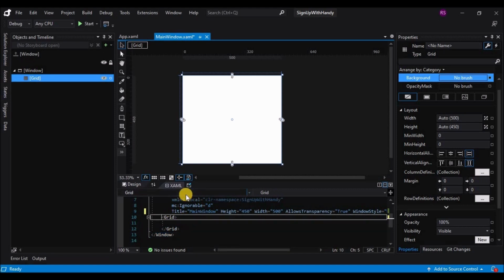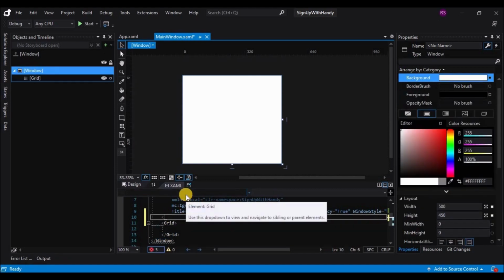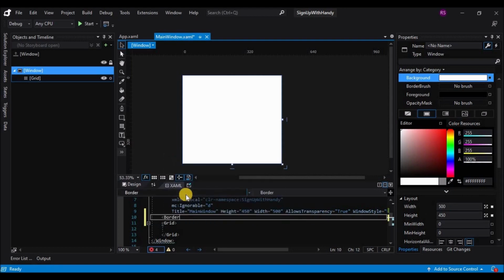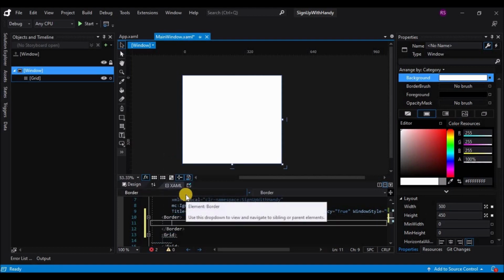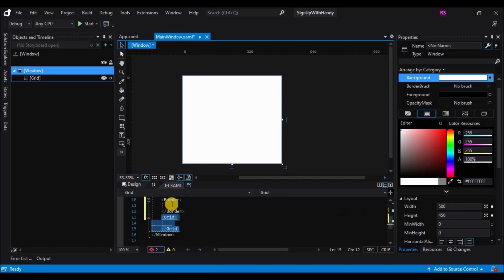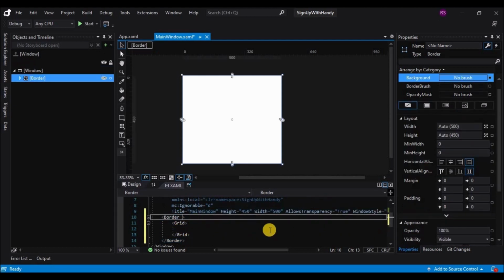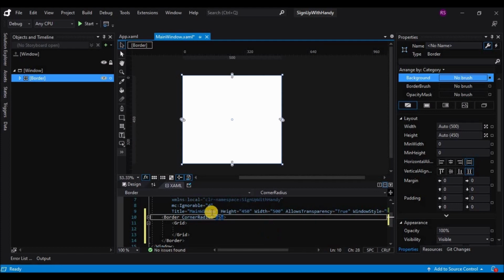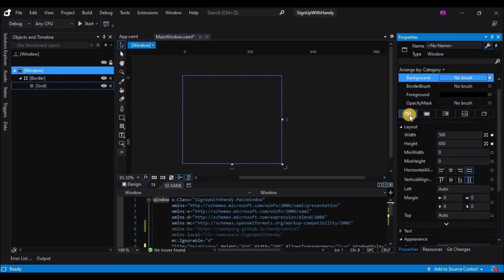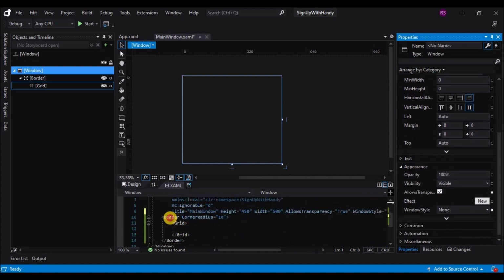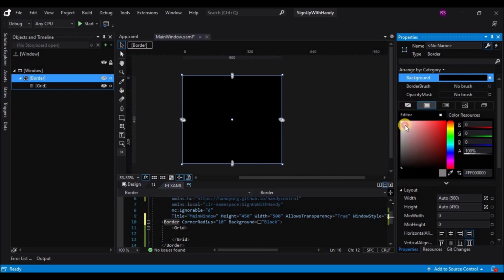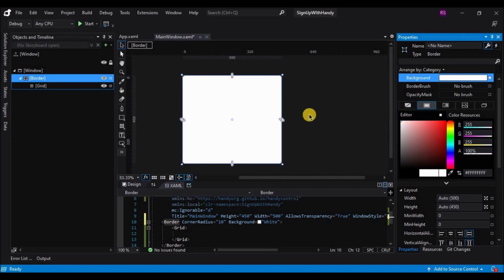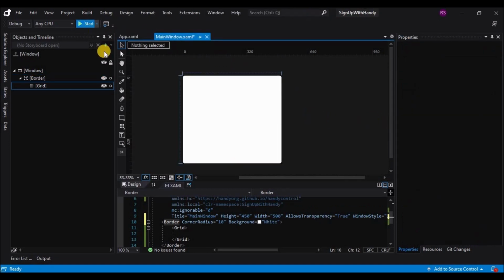Let's add a border around the grid and move the grid inside the border and set a corner radius for the border as 10 or 15 maybe. Let's change it to 5 first, 10. Also for the window we'll have to set the background as transparent and the border background as white. Okay, so you can see that we have a round edged window.